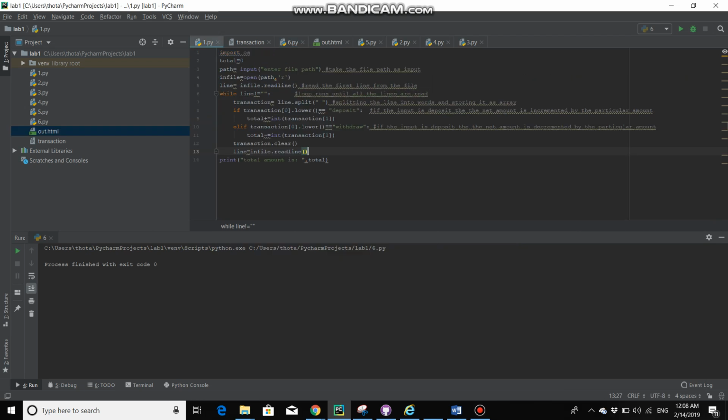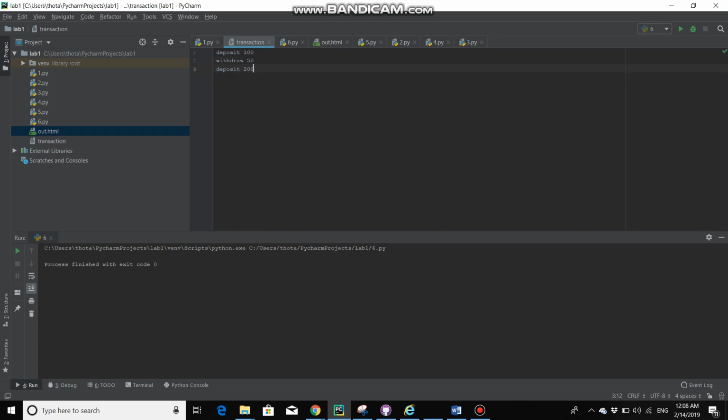So this is lab 1. My name is Nikhil, and the first code is to calculate the total amount present in the bank. So here we are taking a transaction file as input, wherein we are given all the transactions like deposit or withdrawal,